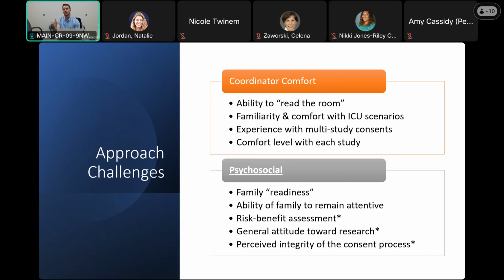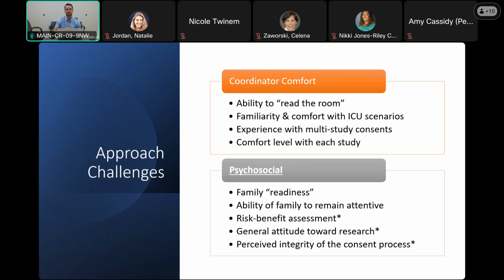If parents have family there, whether they're aunts, uncles of the patient, or grandparents who might have some influence over the parents. You want to make sure that you are talking to everybody, but knowing who your audience is and how to navigate the situation depending on who is all there.